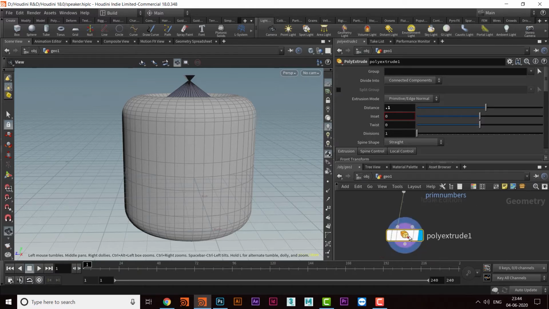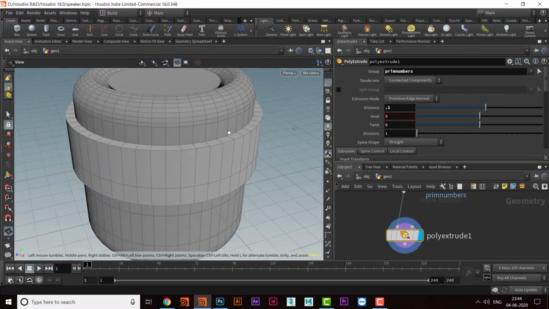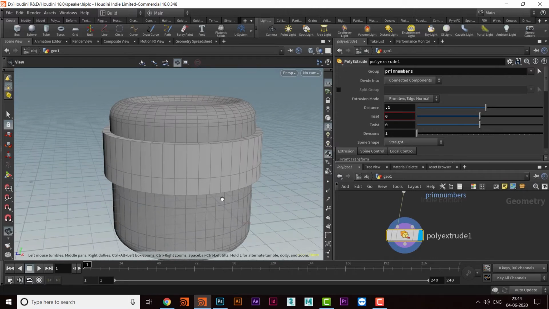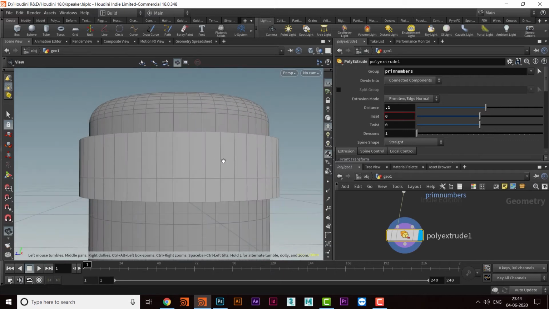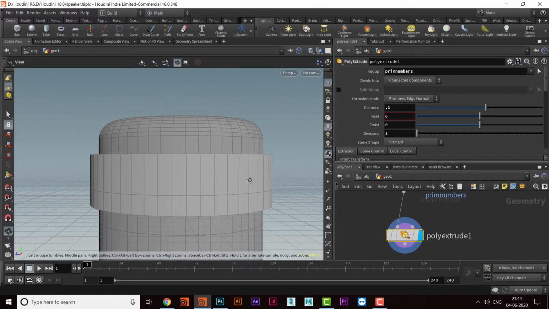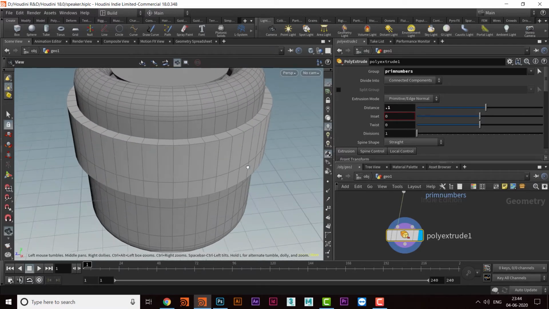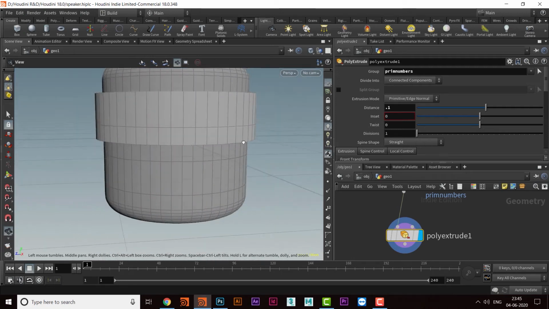So what I will do, I will come to this poly extrude node, and I will fetch the group I created, here. So I will click here, and then I will take prim numbers, and as soon as the selection is done, the whole geometry will come back to its original type, and then extrusion has happened only on the primitives we selected. Okay, so now I can increase or decrease the value. Let's keep it like that, and then maybe we can do some more things here. Fine. So that you have seen.